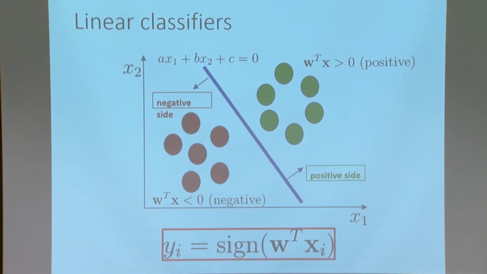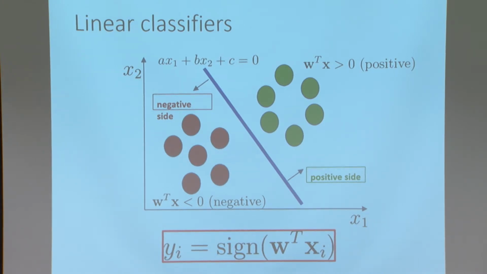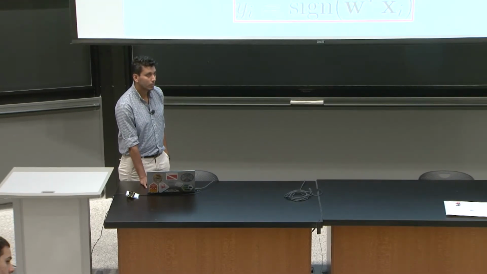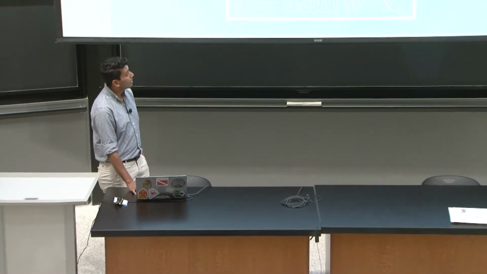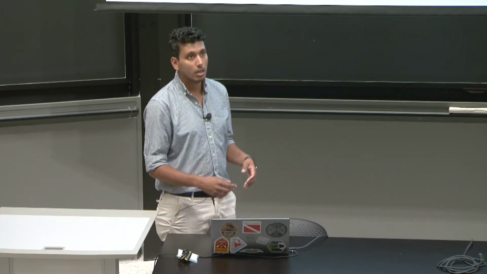Are there any questions on this part? Because I think on how we are actually generating the weight vector. Yes? My question is, are there any sets of data points where linear classification does not work well? Yes. So the classic case, I don't have it here, would be your XOR example,